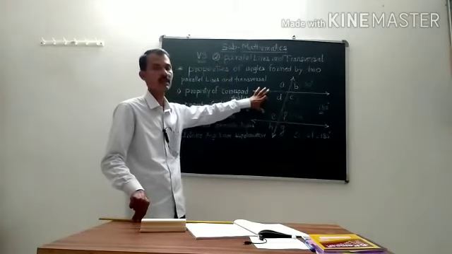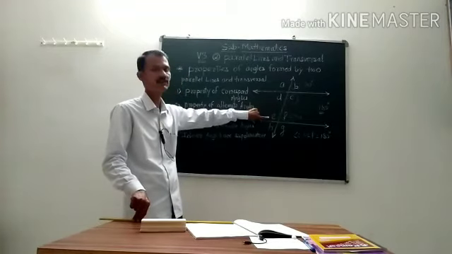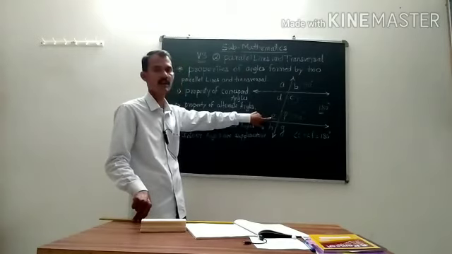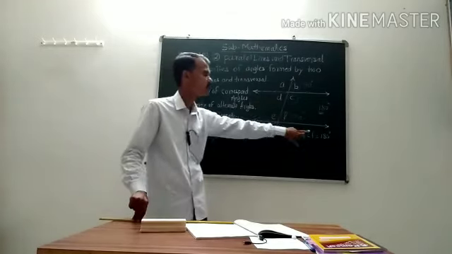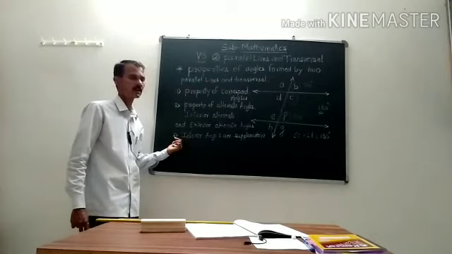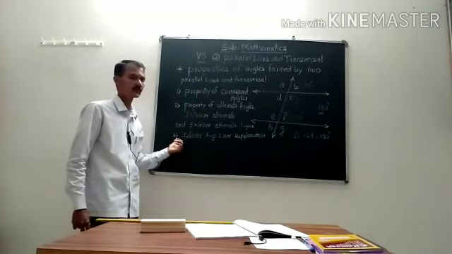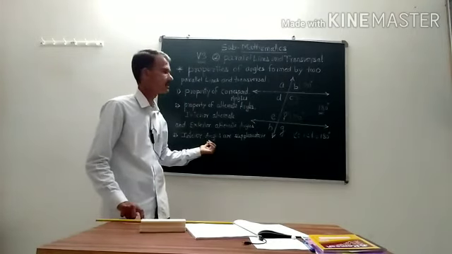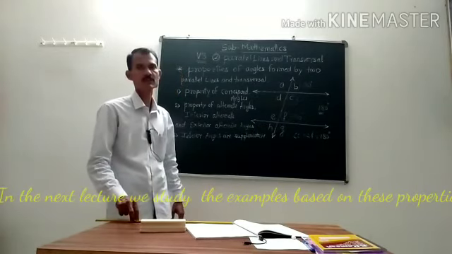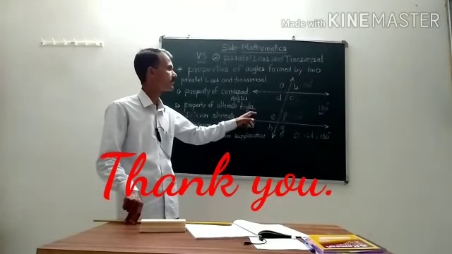Also, there is the second pair of interior angles, that is angle D, its interior angle is E. Therefore, if we measure angle D and angle E, then its addition is also 180 degree. Therefore, we can say the property of interior angles for the two parallel lines and transversal is that the pair of interior angles are supplementary. In the next lecture, we study these properties by solving examples.